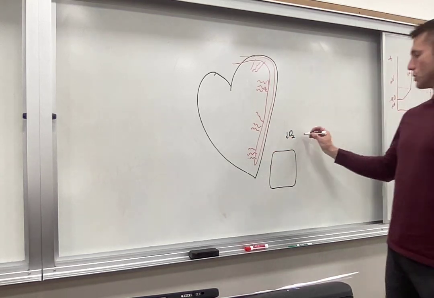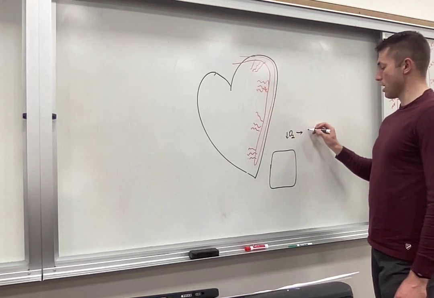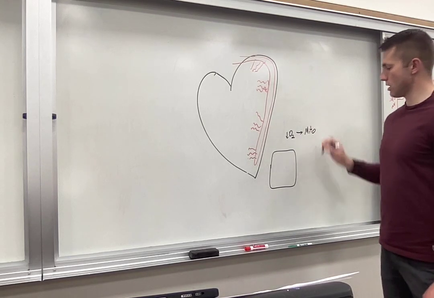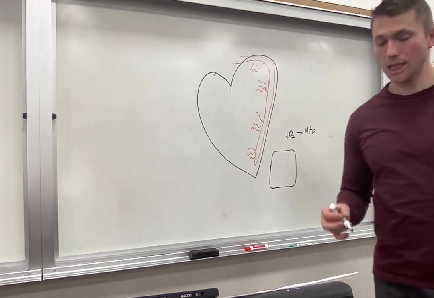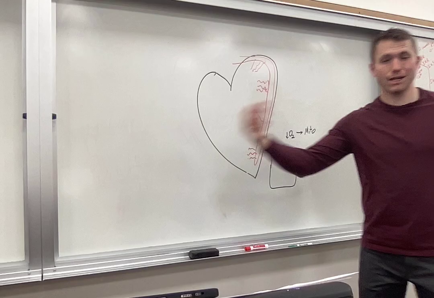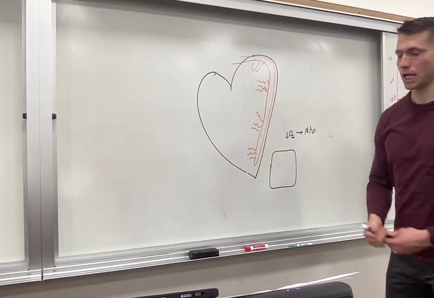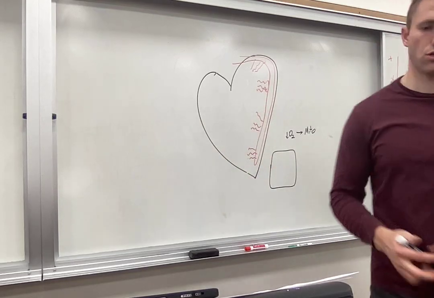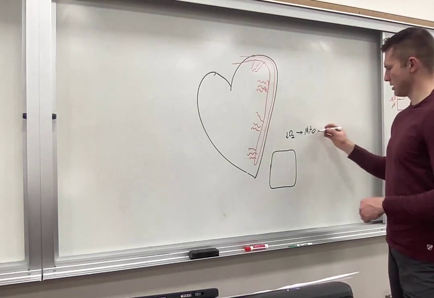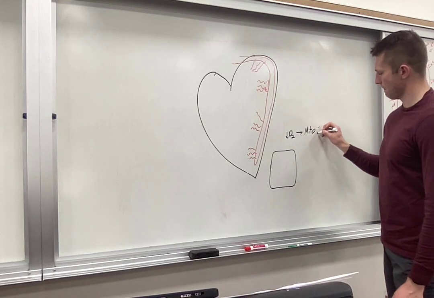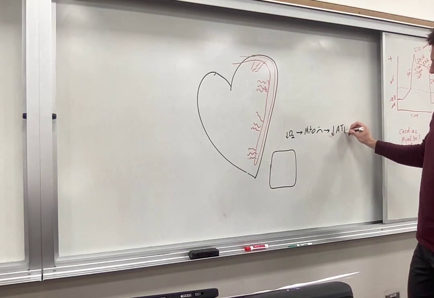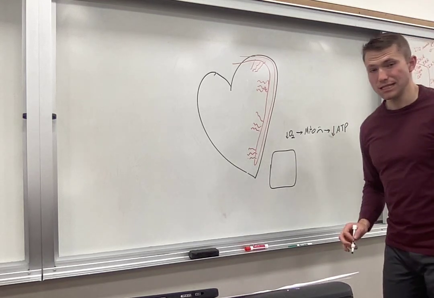And with low oxygen, our mitochondria, our mitos, don't have a molecule to accept electrons at the end of the electron transport chain. So it can't do its electron transport chain thingy. It can't produce ATP. Well, less ATP,